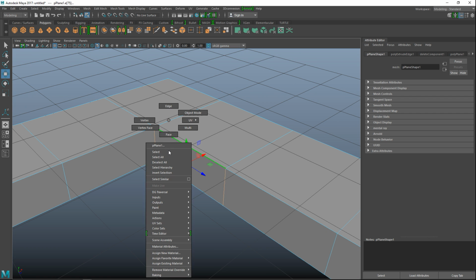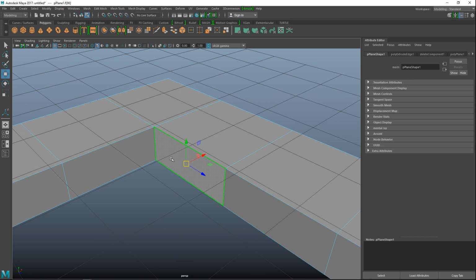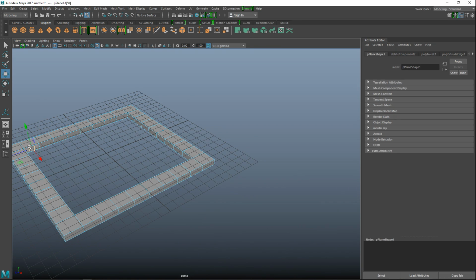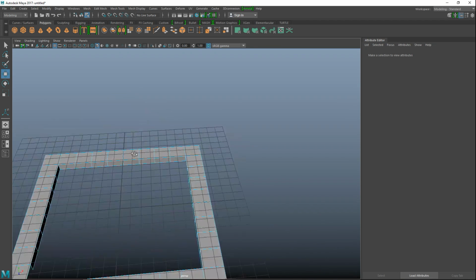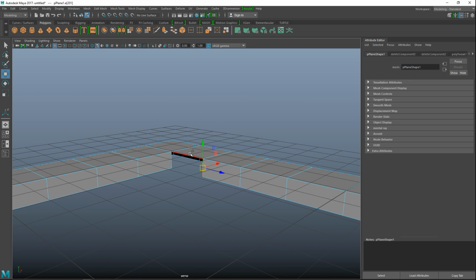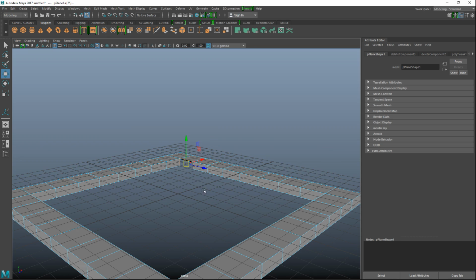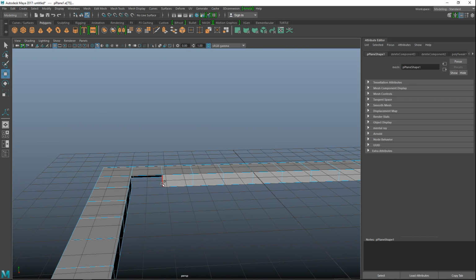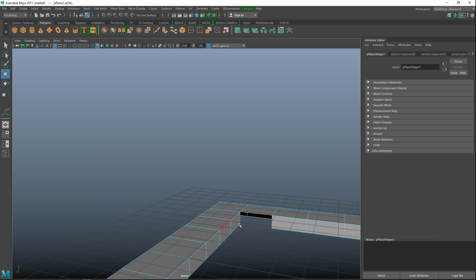Actually, let's cut that face first, sorry. Right click, cut that face, and we'll do the opposite one there as well. Then we're going to go back in, right click at an edge, 1, 2, and 3, turn around, go in here, and 1, 2, and 3, and in this case hold shift while you click.